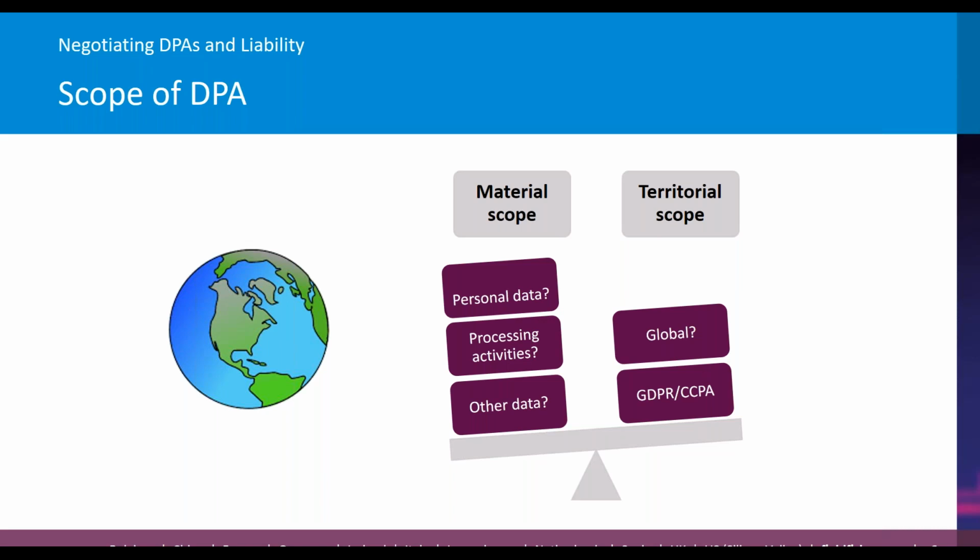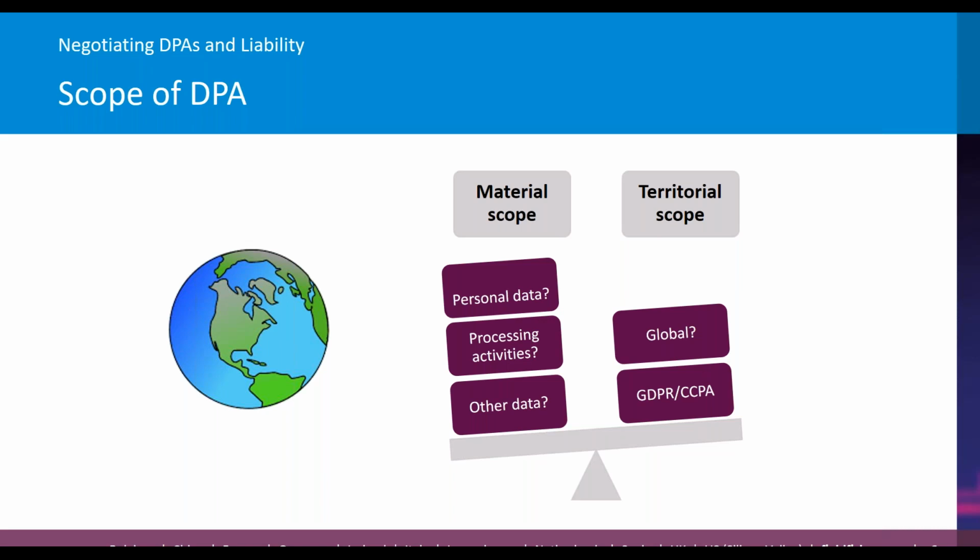And then there are other regulations in Europe, like the ePrivacy Directive, which regulates marketing compliance and cookie compliance in Europe. Again, that is not concerned with whether or not the data is personal data. It's concerned with a particular processing activity being undertaken. So again, that might impact the scope of the DPA. You might need to extend the obligations beyond just the processing of personal data, and again, have a focus on the processing activities.